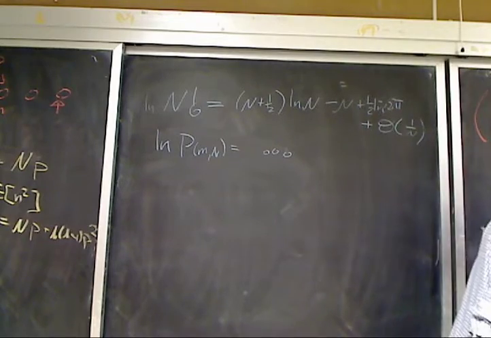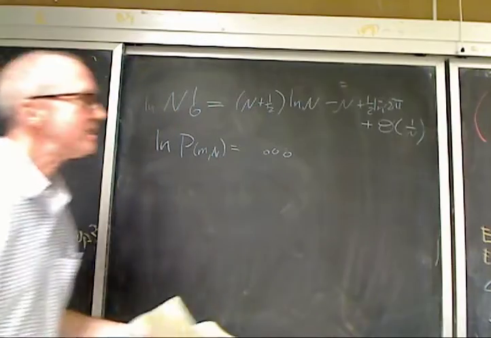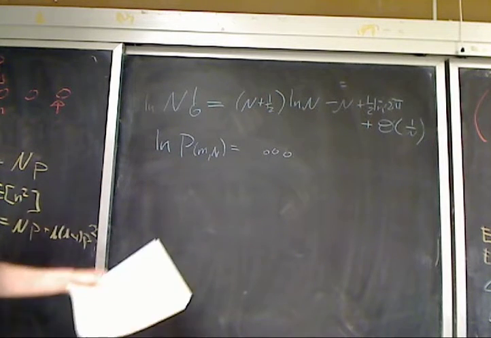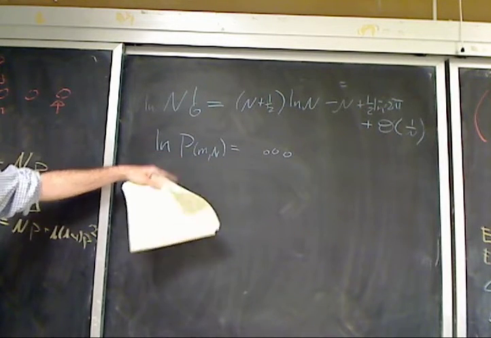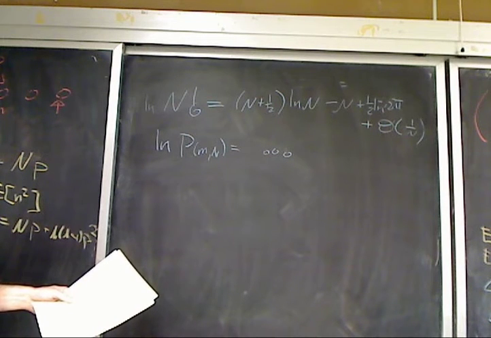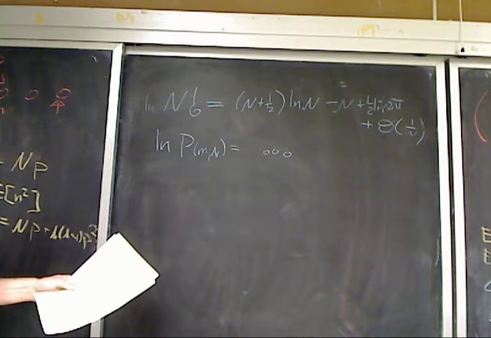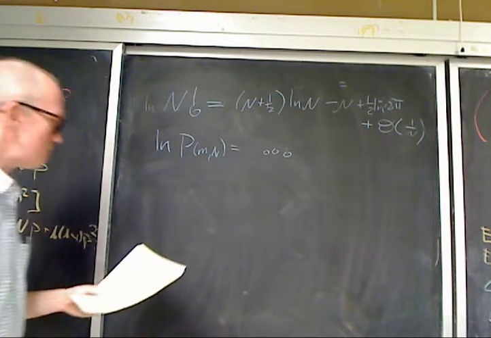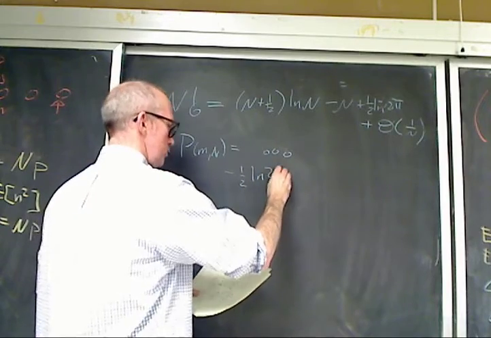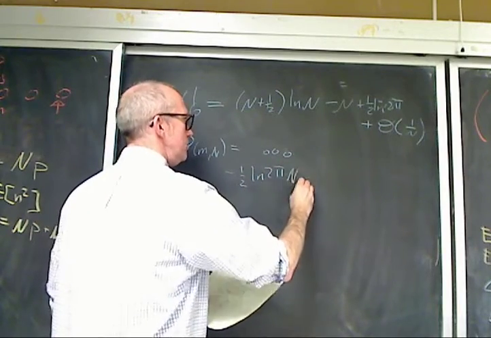So we take this, we take its log, we plug it into here. You could probably do it a little bit more directly if you don't take the log first, but this is the way that I went up the mountain. You're left with minus 1/2 log of 2 pi NPQ